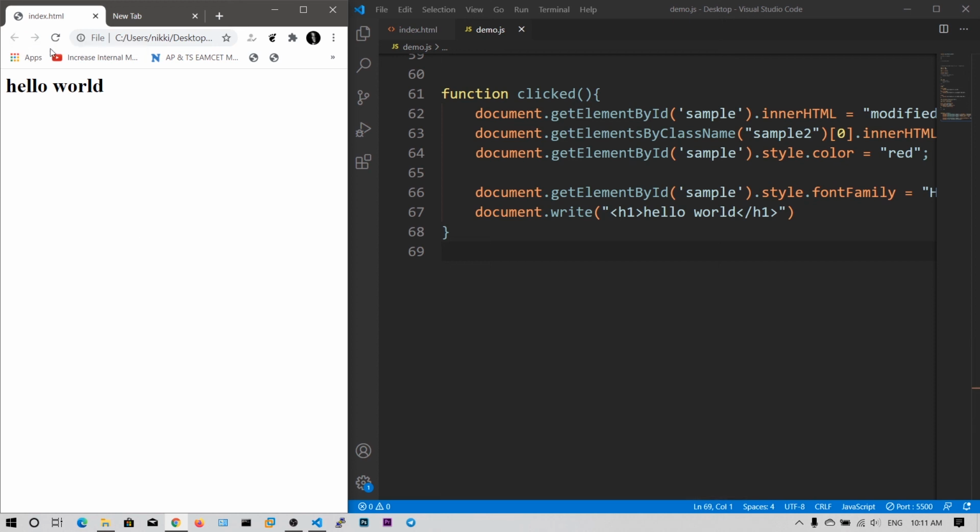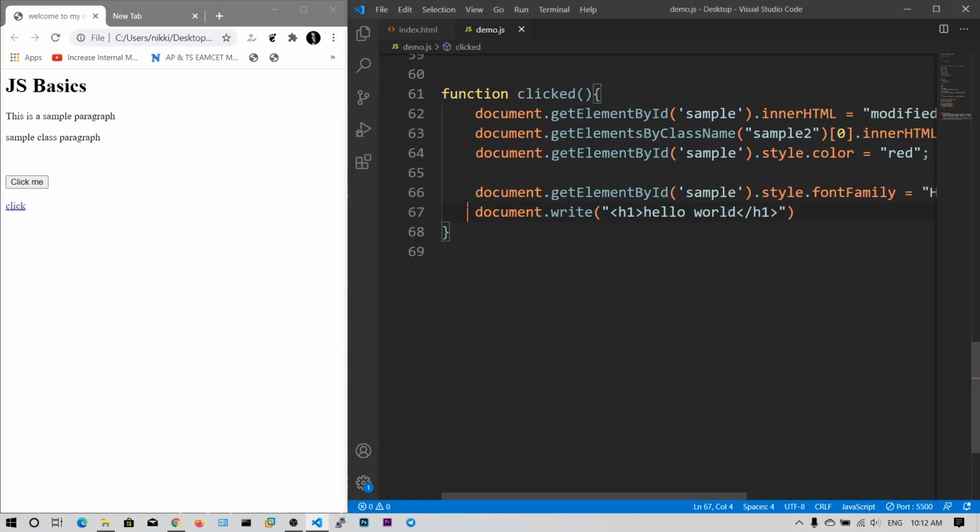Okay, I'm sorry, I just forgot this write and writeln, because generally developers use the console rather than this write or writeln. Upon changing all this, the document dot write got executed. So this document dot write can be used for some user based applications like addition, subtraction, and so on.